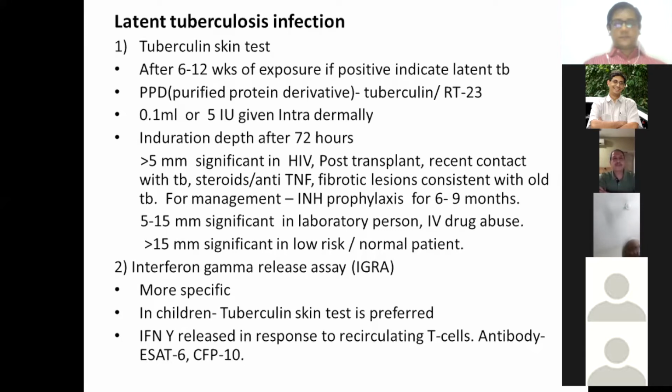But at times you do get patients with just PUO and you don't know what is going on, and all your tests are negative, and you do a TT and the TT comes more than 15 millimeters. Would that be a sufficient indication that you should start empiric ATT in these patients?